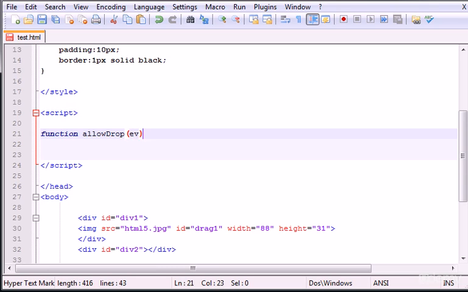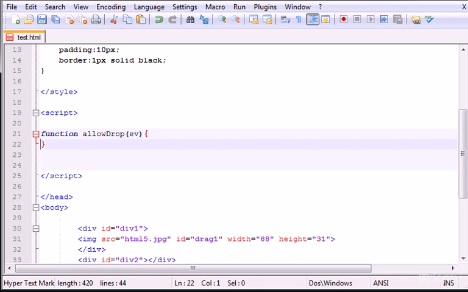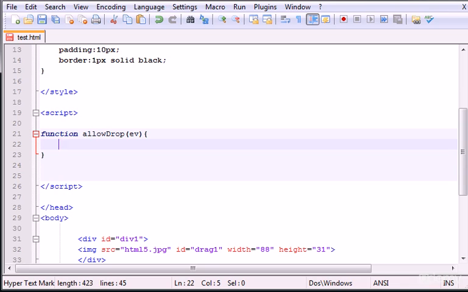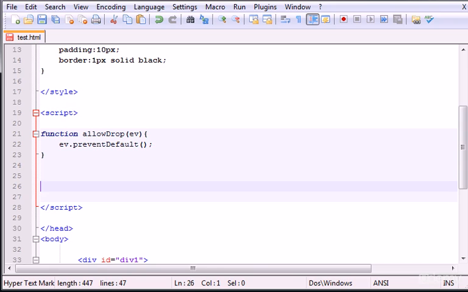So let's type ev, and now we use the parameter ev dot, and the method, or the function, sorry, that you probably already know from the jQuery tutorials, which is preventDefault. Okay, this function, what it does